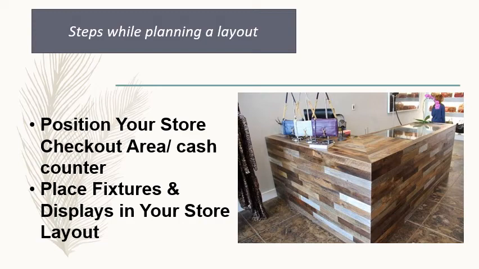Fixtures are permanent, fixed parts of your store such as lighting, counters, fixed shelving units and dressing rooms. Displays hold product and tend to be movable, versatile and customizable, like modular units, gondolas, tables, etc. Fixtures and displays come in all shapes and sizes and styles. The three top things to consider when choosing store fixtures and display units are your store's brand, the type of product you are displaying, and the space you are working with.